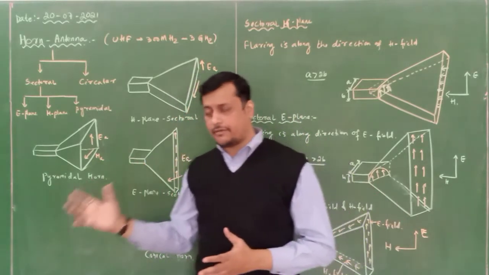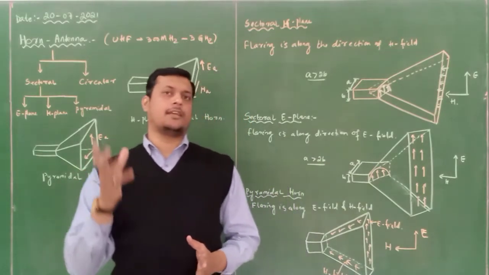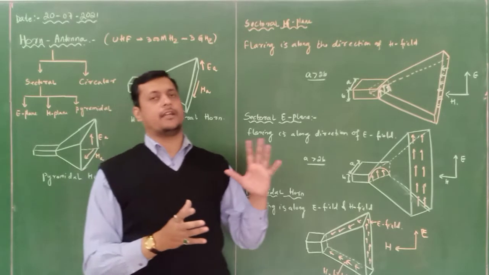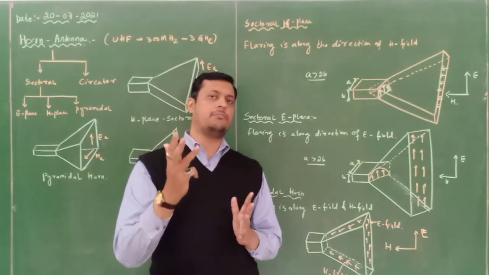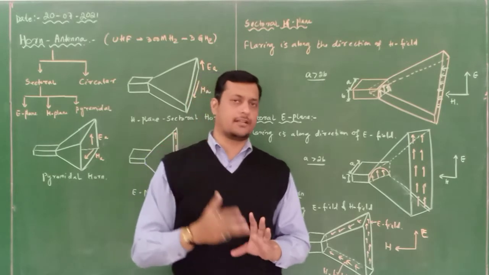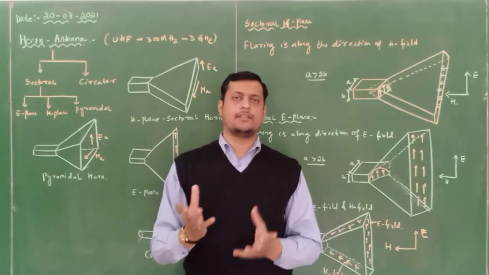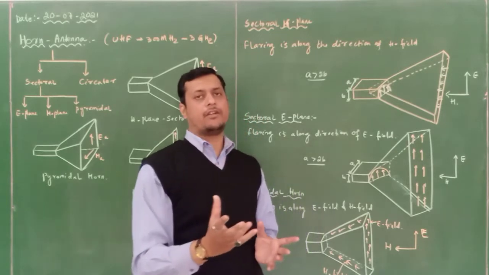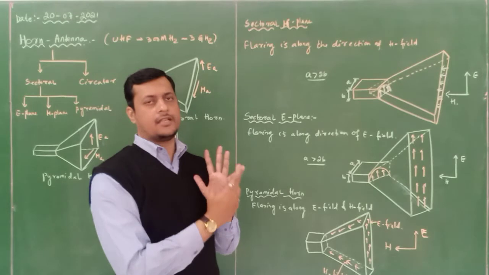If the device is cylindrical, then I will analyze the fields, electric field and magnetic field, in terms of rho, phi and z, because these are the three basic features of a cylindrical system. Similarly, if a system is spherical in nature, my fields are going to be identified in terms of the spherical system, that is, depending upon r, theta and phi.